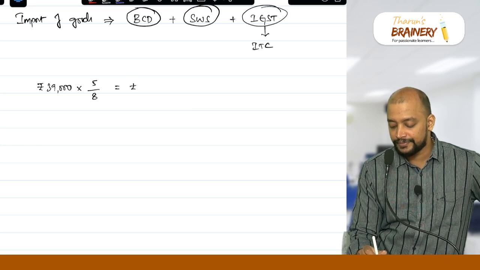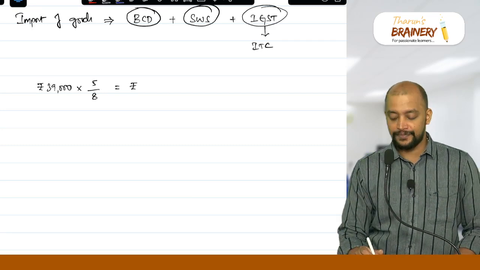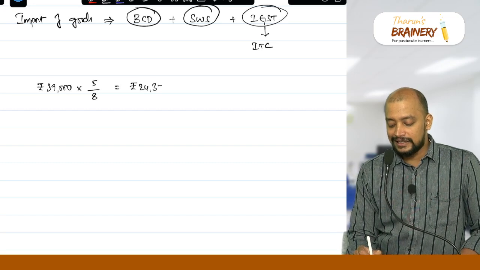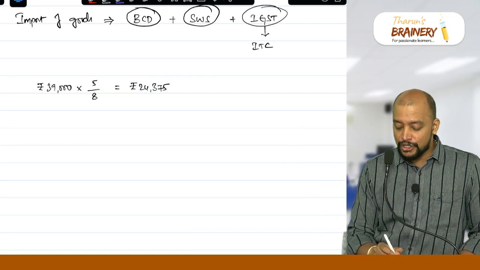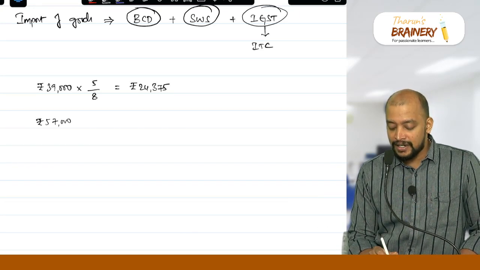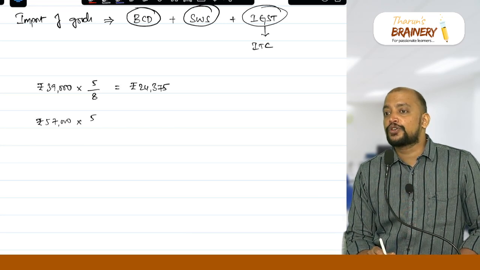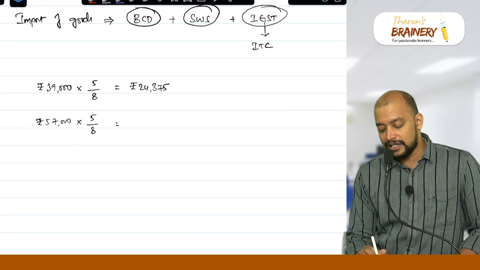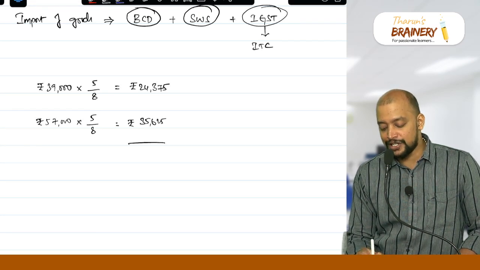How much? 39,000 into 5 by 8, 24,375. Then on outward supply, how much you are paying? 57,000. On 57,000, what is the proportion of export to total? 5 by 8. How much? 35,625. Total these two,